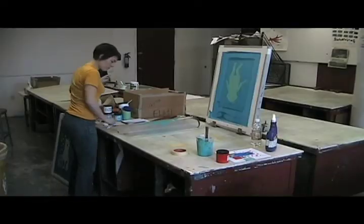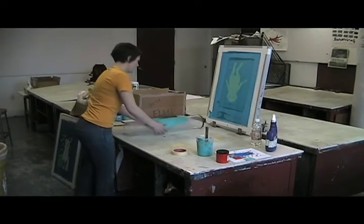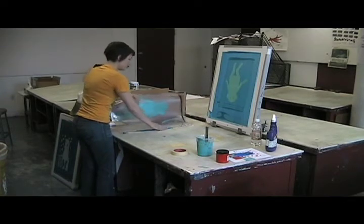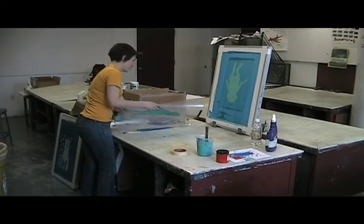Okay, so your artwork's on the screen. It's all hardened, all nice and ready to go. You need a palette with clips on it so that your screen doesn't wiggle and you'll know exactly where your design is going to print on the paper, which is important because you don't want it to be off center or off the paper. So you need a palette with clips or clamps. You clamp in your screen,